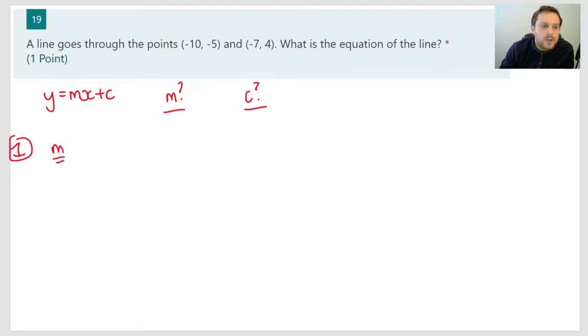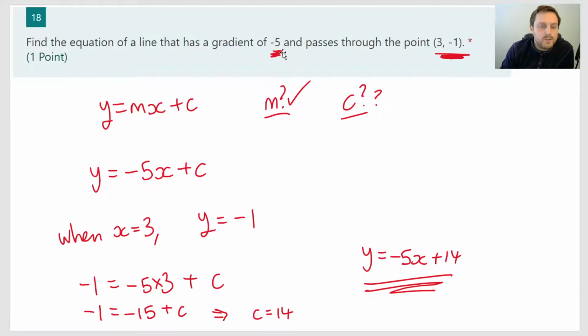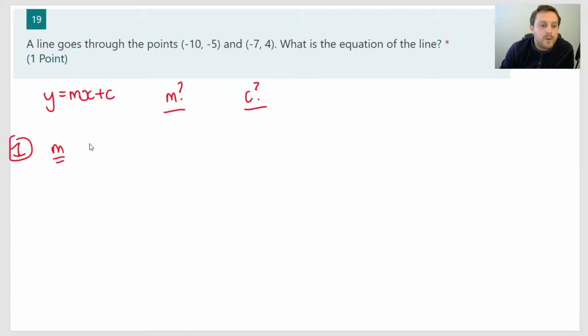Now in the last question we actually got told what m was. In this question we don't know what m is, we have to figure it out. But we can figure out what m is, because we have to go along from -10 to -7 and up from -5 up to 4. And once we know the up and the along, we can figure out the gradient. So m is up over along,